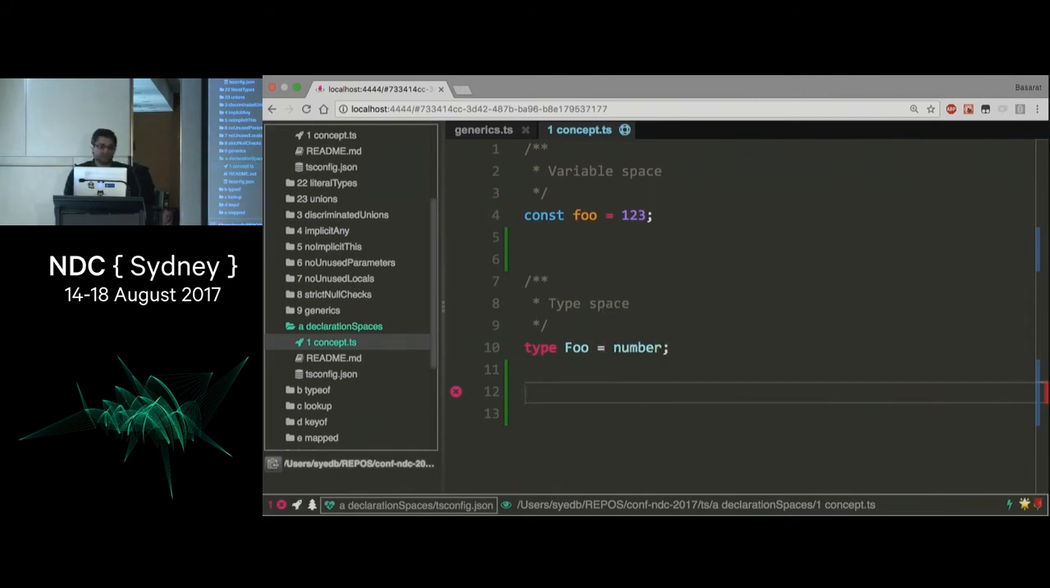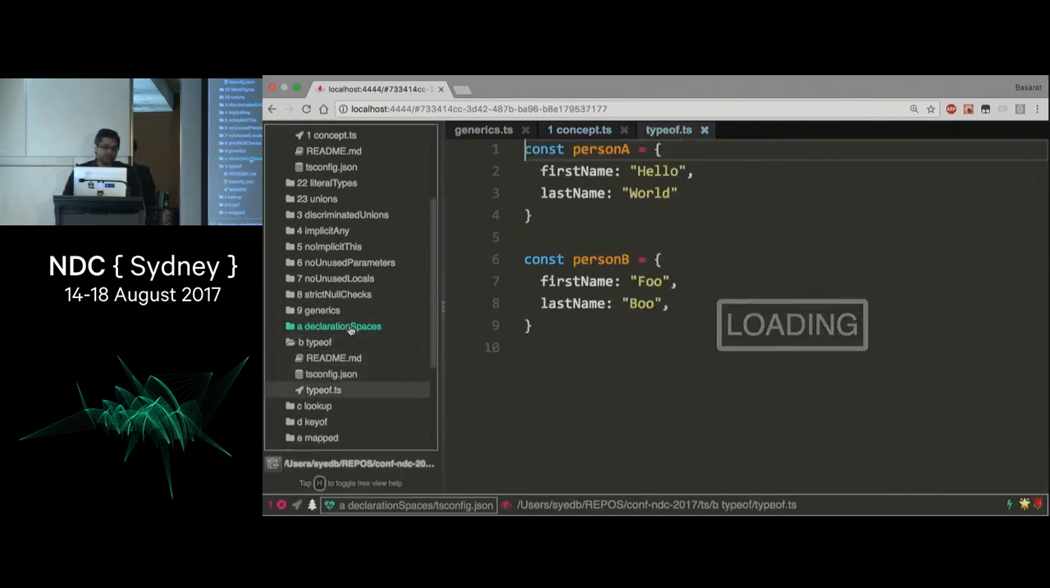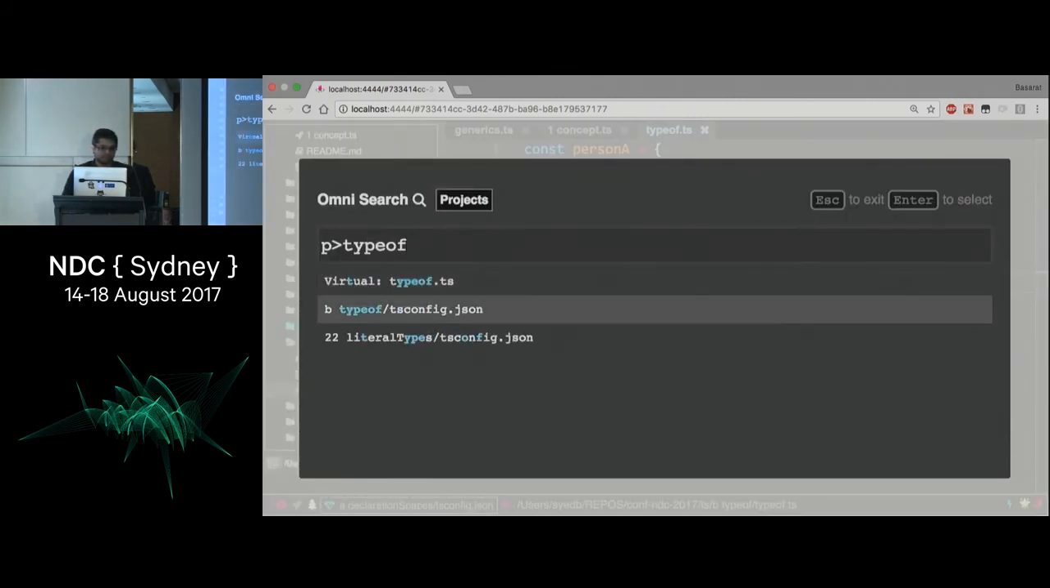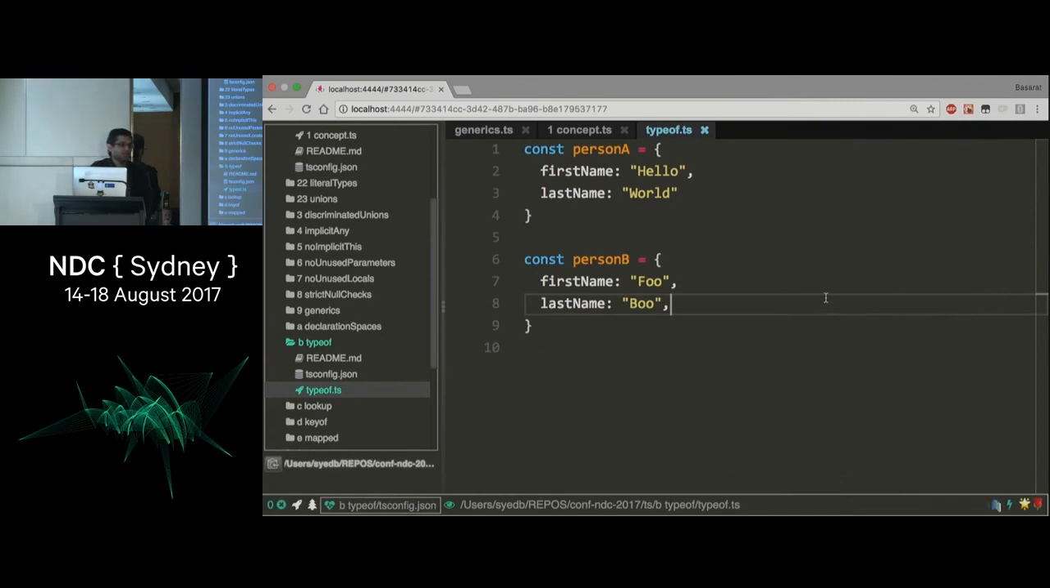Similarly, I can create a new type to point to an existing type, but I cannot create a new type to point to a variable because the name foo is not available in the type declaration space. Now there have been features within the language for a while, for example, typeof, that allow you to